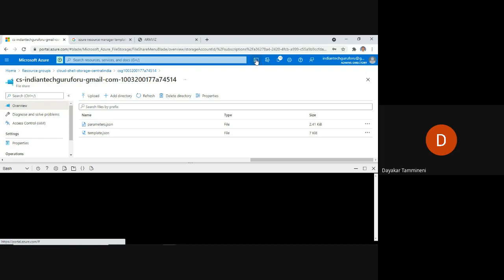The advantage of Cloud Shell is that it opens in the browser itself. If you want to open the command prompt in Windows, it cannot be opened in a browser, isn't it? However, the Cloud Shell will be opened in the browser itself. That's why even from a mobile phone you can open the Azure portal, work with the Cloud Shell and execute commands.